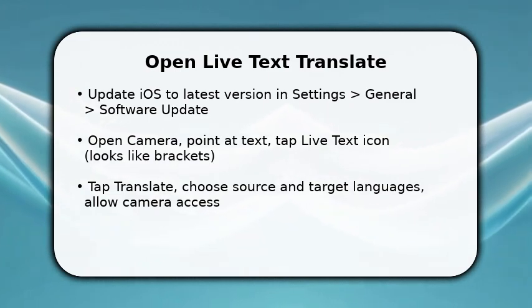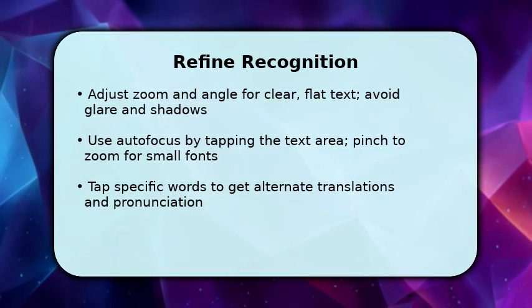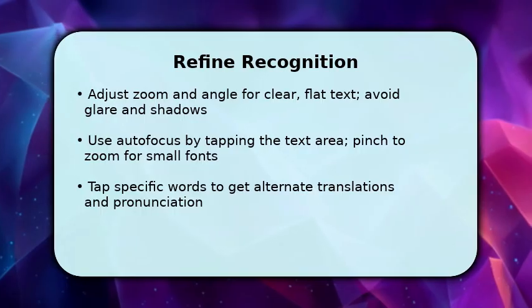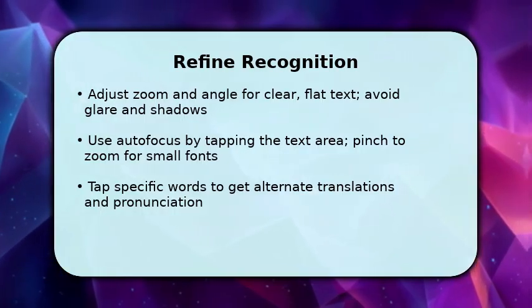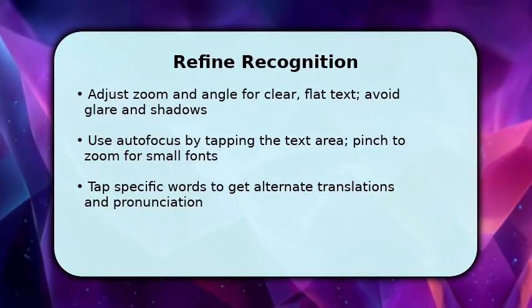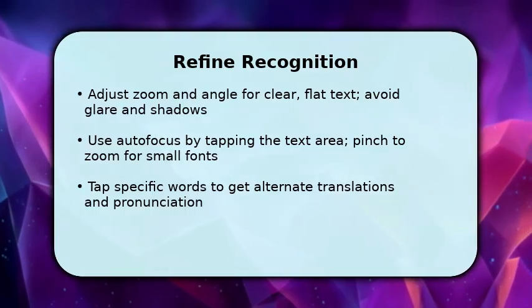Next, refine recognition to improve accuracy. Move closer or farther and angle the phone so text lies parallel to the sensor. Reduce glare by changing lighting. Tap the text area to force autofocus, pinch to zoom for small type, and wait for the highlight box that